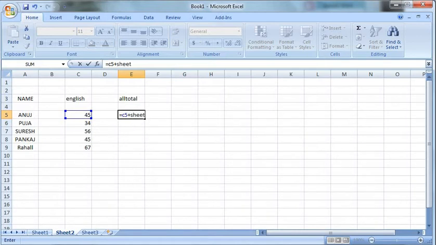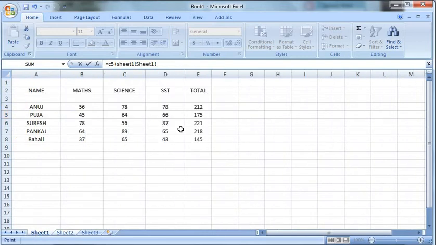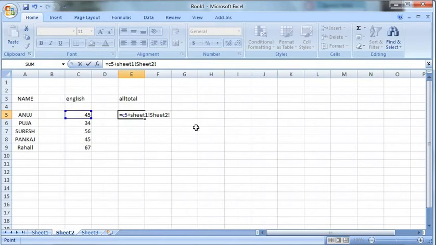So here I will write Sheet, and after this you have to put an exclamation mark. Now it will take the value from Sheet 1 with the exclamation mark. Now in Sheet 1, which value do we want? This 212 value. What is the address of this? E4, you can see E4 is the address of this. So here I will write Sheet1 and then E4. E4 I have written. Now let me press Enter.